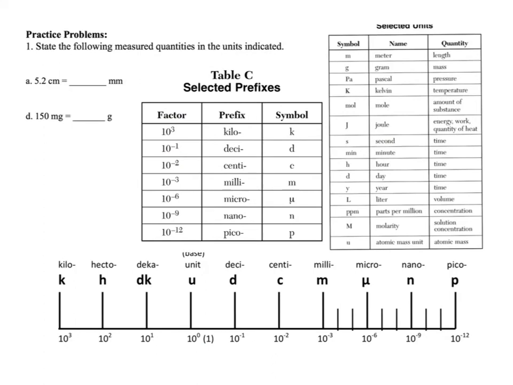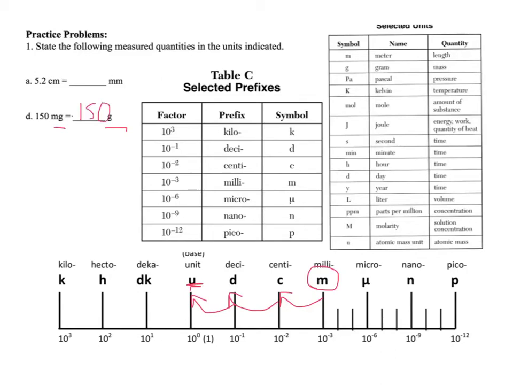This time we're asked to convert from milligrams to grams. So we need to find milli. So this is milli, and we want to go to grams. Remember, grams is the unit because it only has one letter abbreviation. In order to do that, we'll have to move 1, 2, 3 spaces to the left. So we'll move our decimal place 3 spaces to the left, or have it be